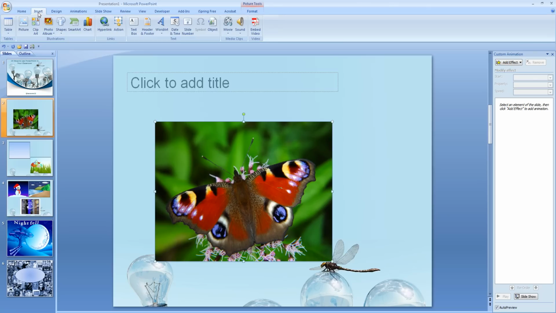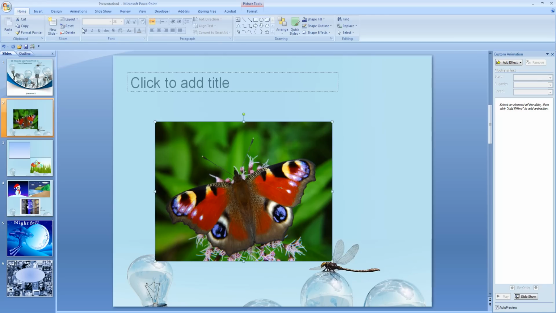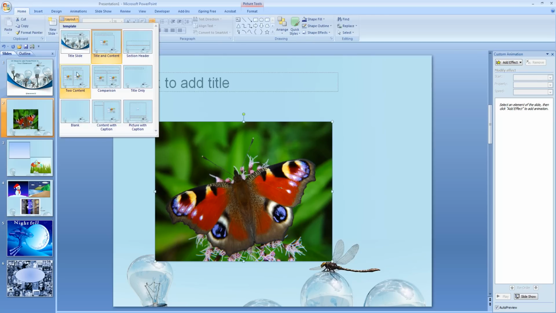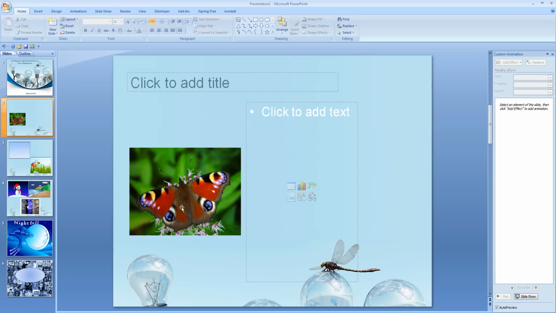If I use another layout template, I'm going to show you a third tip, which is smart custom animation. Once the child has the picture in there, particularly if it's a child who doesn't like to do a lot of writing, they can add a few bullet points. I know not everybody likes bullet points in a PowerPoint, but for some children just getting that key information down is fine. If I write a sentence in here,